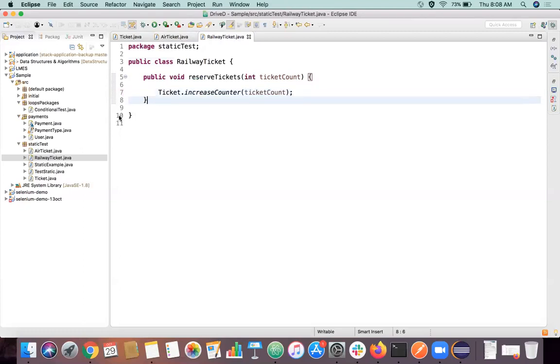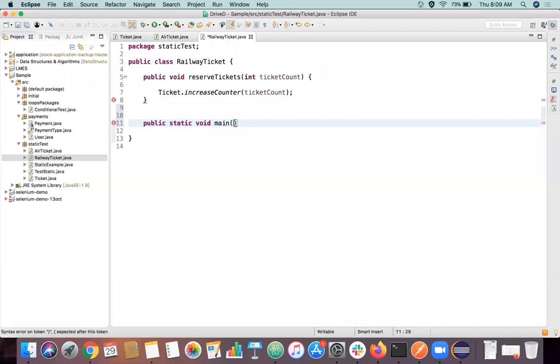So let's test this by creating one main method inside this RailwayTicket itself. We also saw why this main method is static yesterday, right? This is static because it shouldn't be accessed by an object, because the main method is common for all the objects across our project, and the execution should start from the main method. It should not be limited to a certain memory location of that object, right? We will just create an object for this AirTicket.